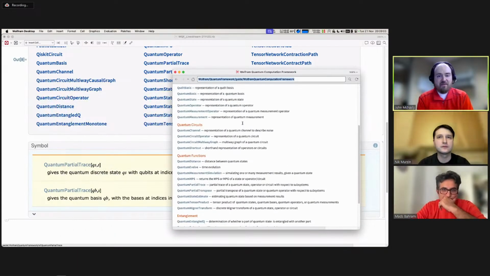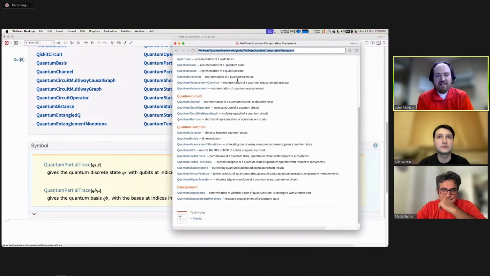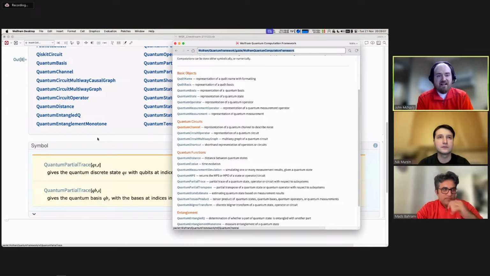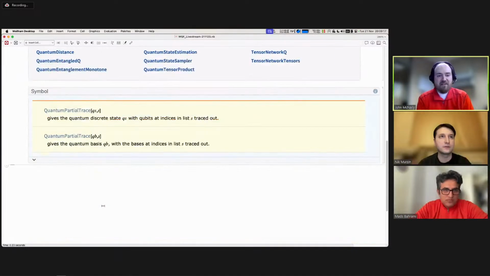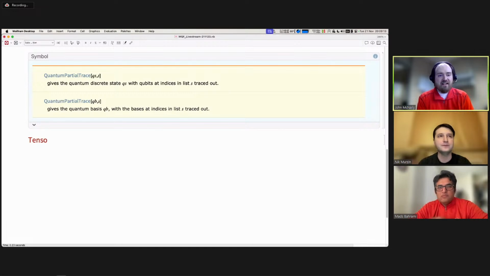So let's talk about some of these actual new features. This is not the newest feature because it's been in there for a little while, but we didn't really talk about it last time that we talked about the quantum framework work, and that's tensor networks. So let's spend a moment to talk about tensor networks and what those are doing for us